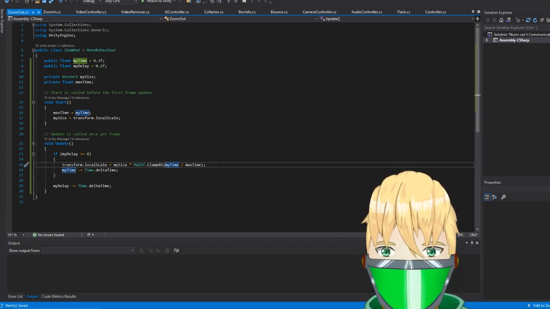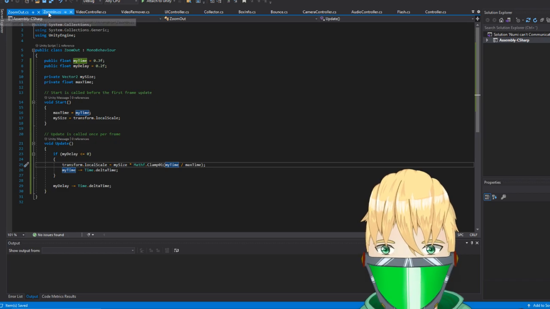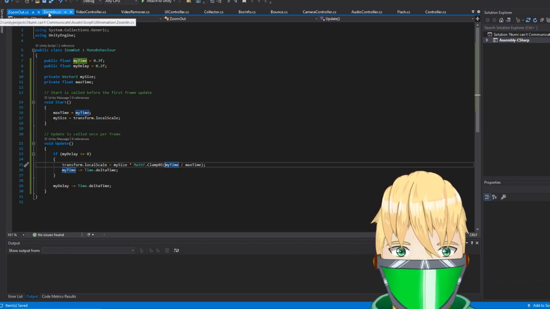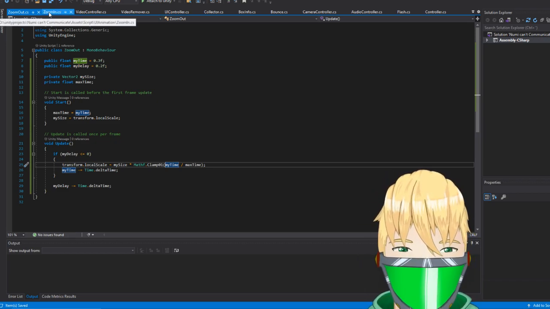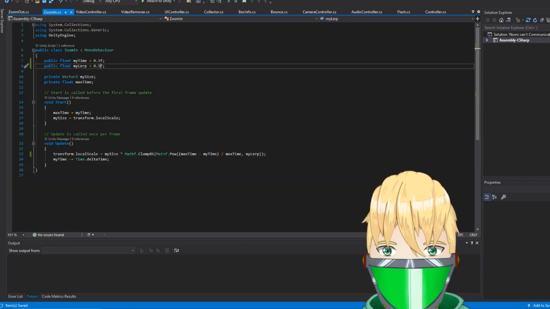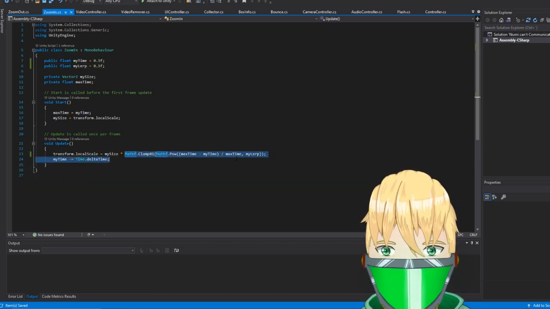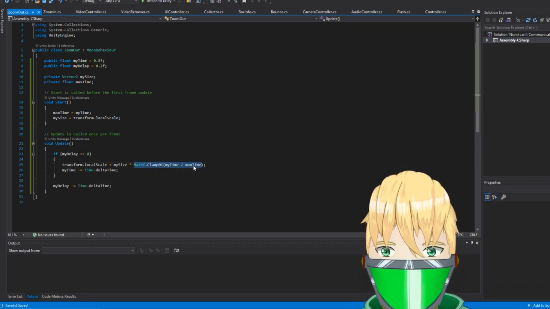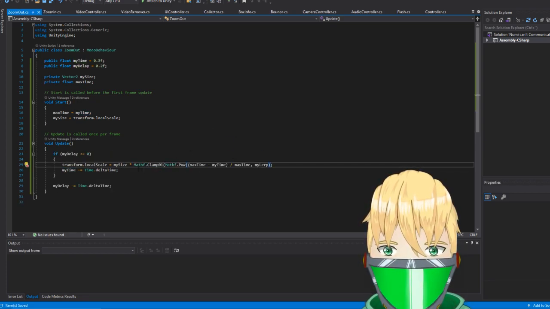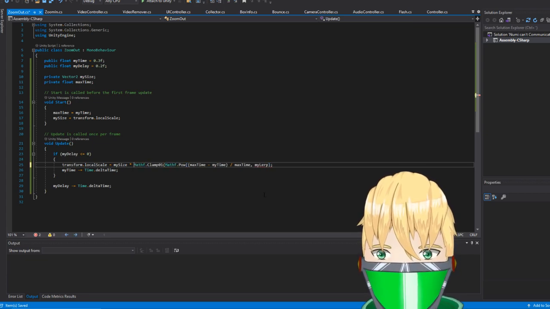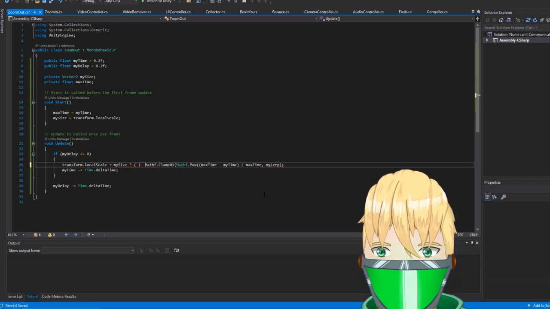So the thing is, we're going to have the exact other way here, pretty much. So I guess if we take this entire thing here, copy it in, and then do 1 minus.